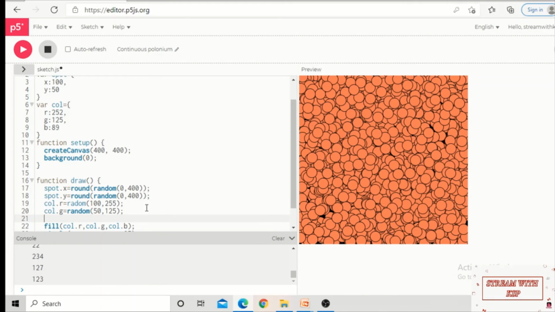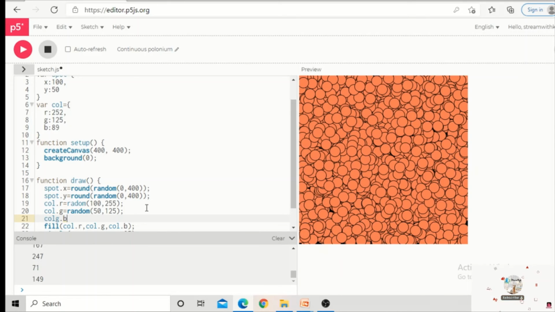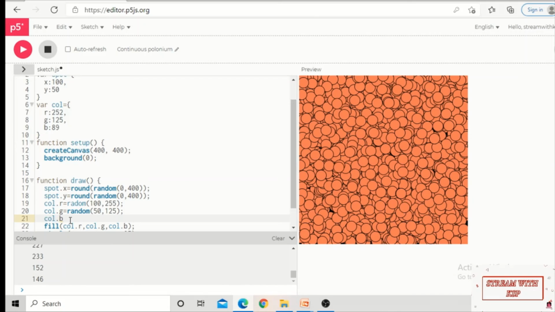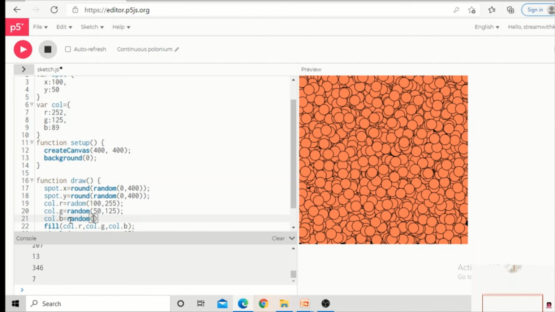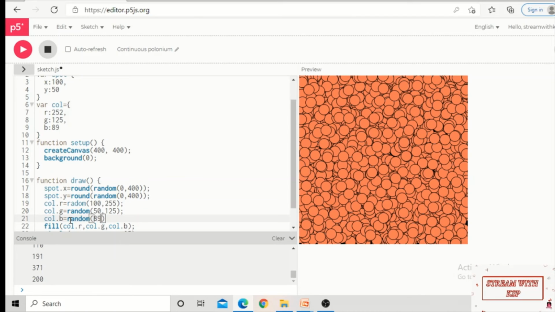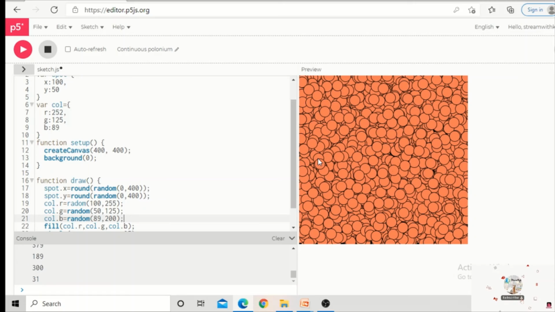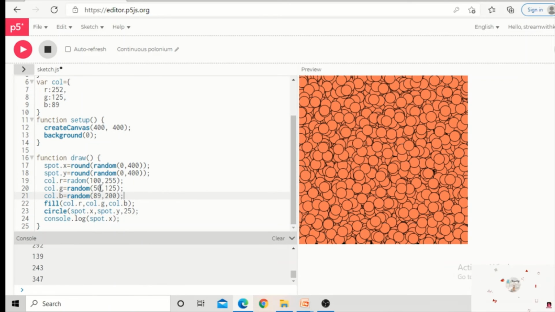And last but not the least, for the blue color, so here it is not called, it is call only. Yes, is equal to random number of, I can give anything, 50, 200 we will give. Right. Now you can see I also assigned a random number for our colors, red, green, blue.